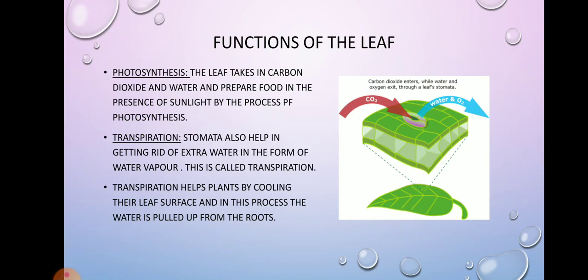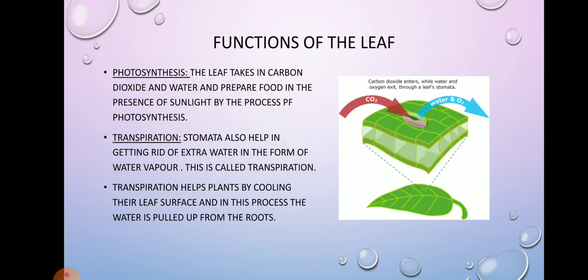Okay, so transpiration is the process in which the extra water which is present is given out into the atmosphere in the form of water vapor. So this process of giving out extra water is known as transpiration. Now, why is transpiration needed by the plant? Because it keeps the plant or the leaf surface cool, and it helps in the pulling of water from the root. If the plant or the leaf does not have extra water present in it, all the water is expelled out into the atmosphere, it helps in pulling the water from the root surface, and for that it carries out the transpiration process.